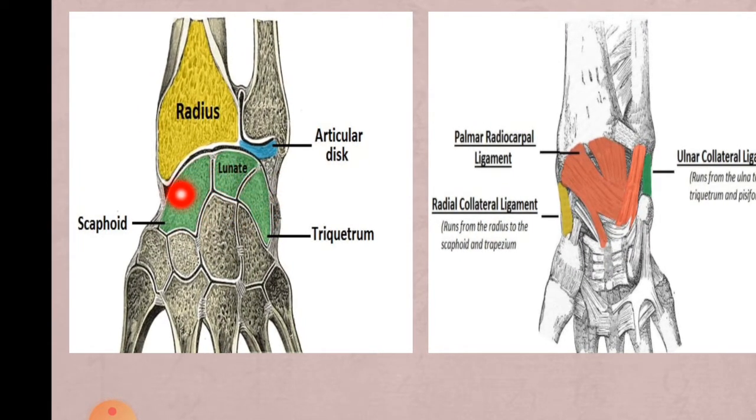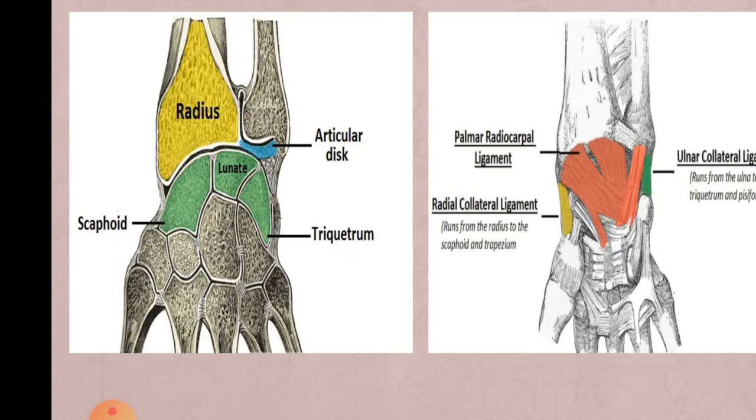This is the distal wrist joint, and this is the proximal wrist joint, and distally there are three carpal bones that are involved, except the pisiform. You have the scaphoid, lunate, and the triquetrum that are involved in the formation of the wrist joint. And proximally, you have the distal end of the radius and the articular disc. Here you have the articular disc and the radius that are involved in the formation of the wrist joint, but not the ulna. The ulna is not directly taking part in the formation of the wrist joint.